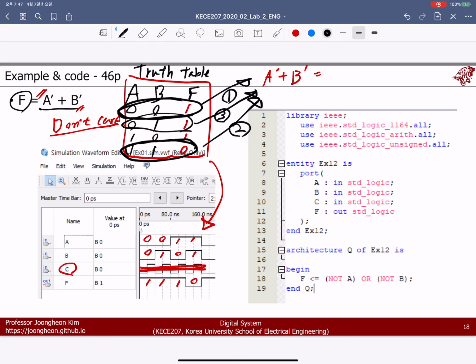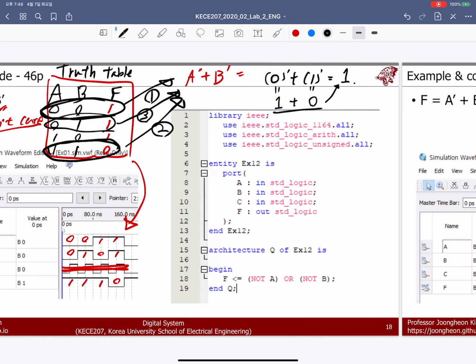Case number 3: not A or not B. Not 0 means 1, or not 1 means 0. So 1 or 0 equals 1. Okay,